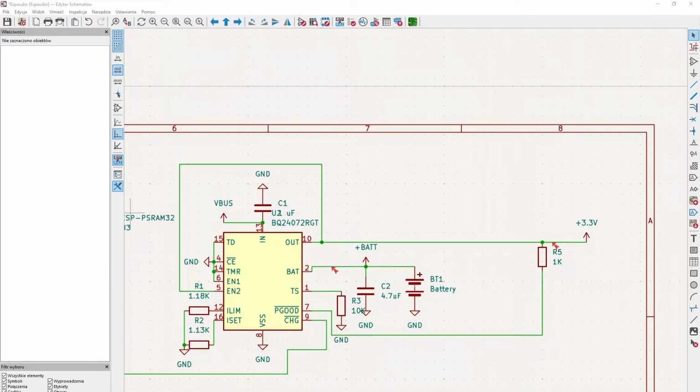However, when the OUT pin is clamped, 3.4 volt. Alright, so